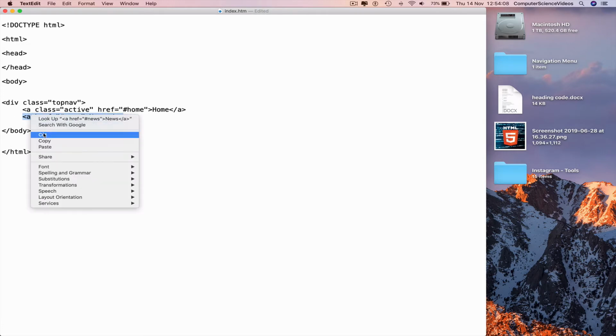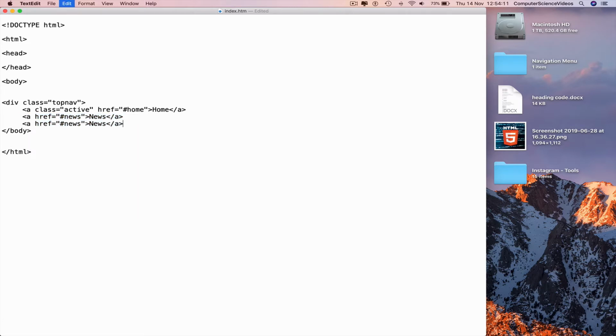of code, highlight, copy, indent, paste, and then change news to contact. And likewise on the right hand side of the page, go to a new line again and then end with the div tag less than /div greater than, go to a new line again and then insert a new div tag, div style equals speech marks padding-left colon 16 pixels greater than, go to a new line again,